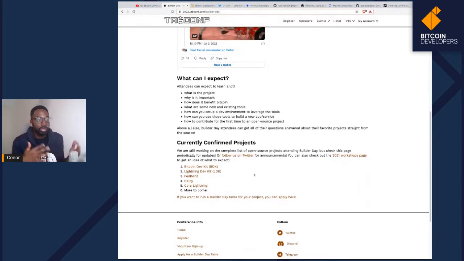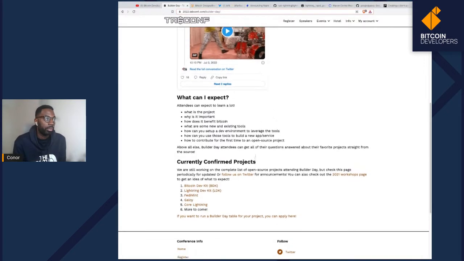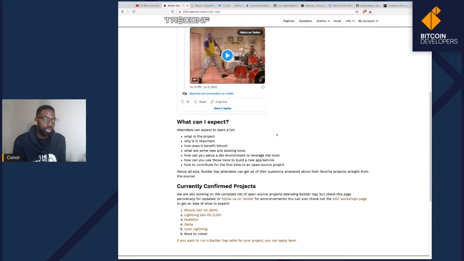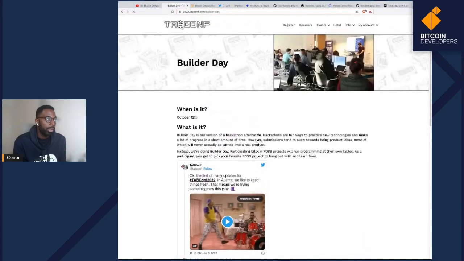We're planning on helping users of the Lightning Dev Kit if they're having issues integrating certain APIs or trouble debugging certain things, we'll be on call to help you. Or if you want to contribute to the library itself, we'll show you how to get up and running contributing to LDK. And I think there'll be similar motivations for other teams as well.